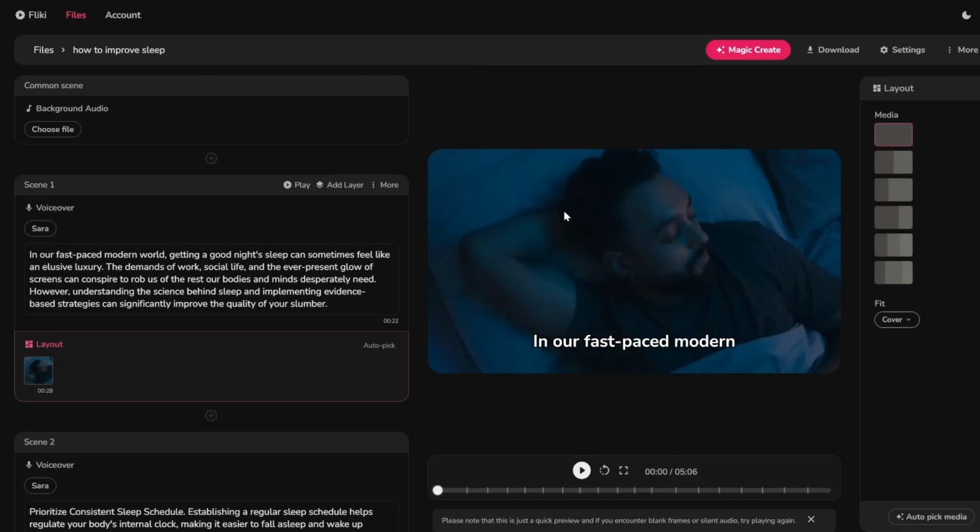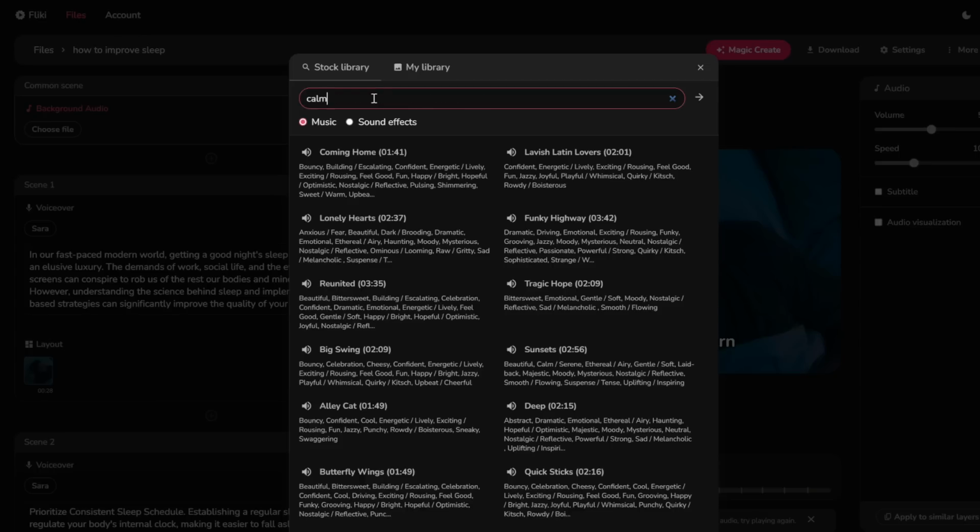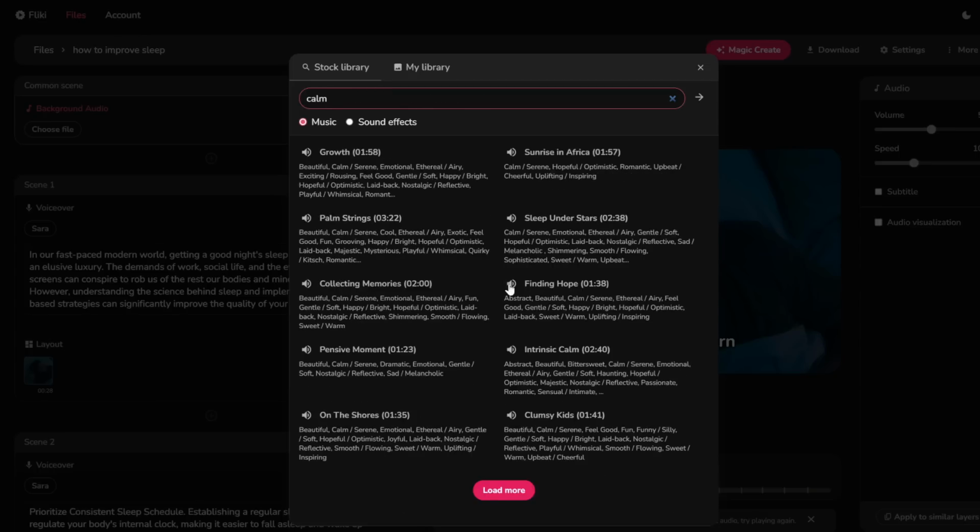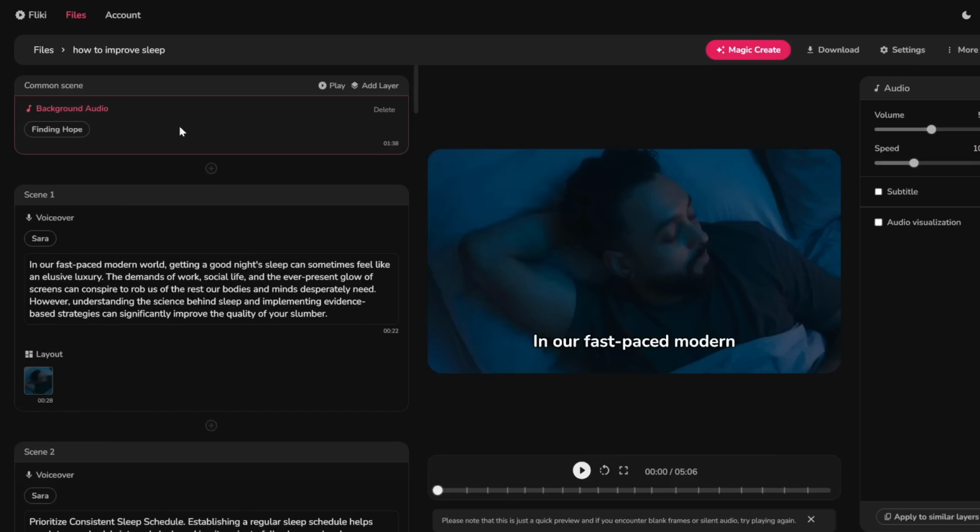All right, now the final step is we need to add some background audio. You can upload your own audio, or they also offer you a variety of options. So let's search for calm, then let's try this one. Alright, that one sounds calming, so I'm going to select that. And then this audio is probably going to be too loud on top of the voiceover, so let's drag this all the way to like 15 and then play the video again to see if it's the correct balance.